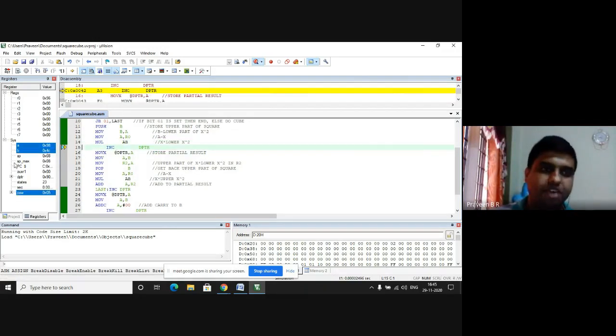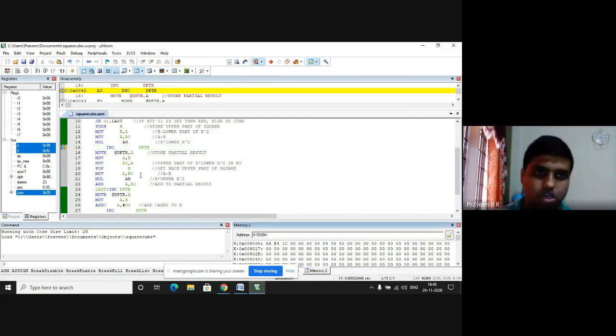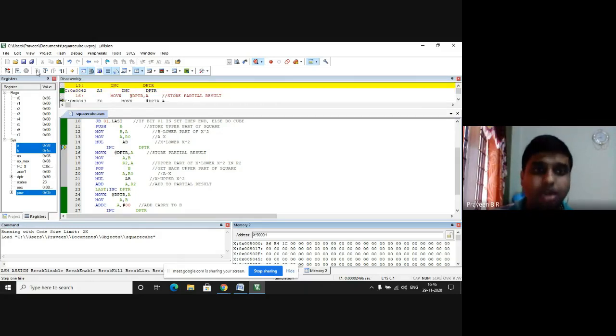So the cube of the given number is 4C98, which is stored in the memory location. After the multiplication is performed, the DPTR will increment to 9001.